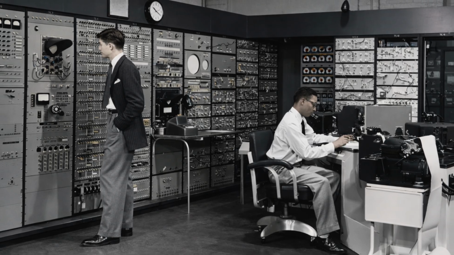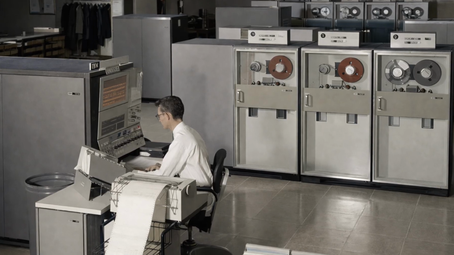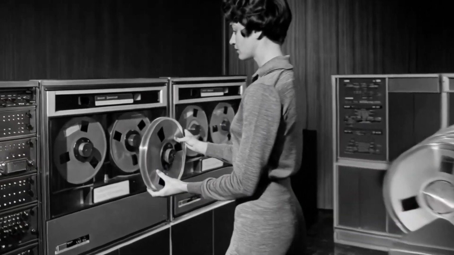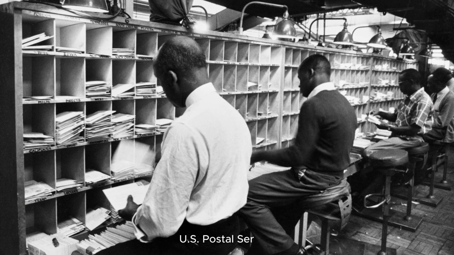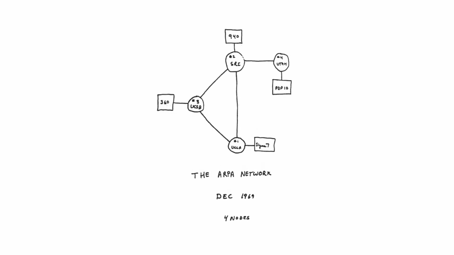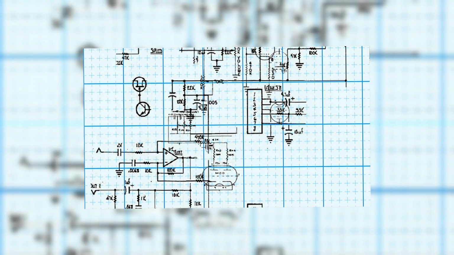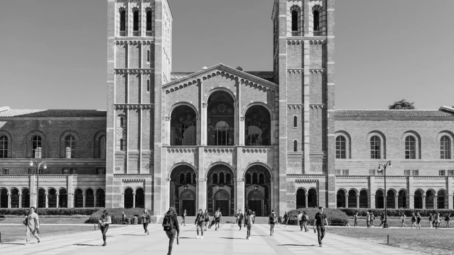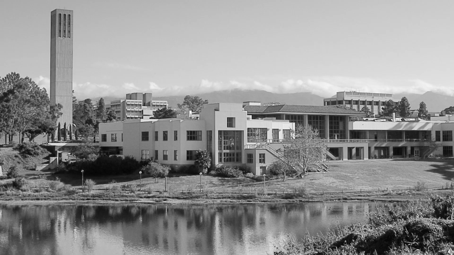By the late 1960s, one practical concern kept coming up. Universities owned rare, expensive computers, and researchers kept mailing magnetic tapes back and forth just to share data. It was slow, awkward, and a little absurd if you think about it. The proposed fix sounded simple, though implementing it was anything but. Build a network. The early version, ARPANET, linked 4 sites: UCLA, Stanford Research Institute, UC Santa Barbara, and the University